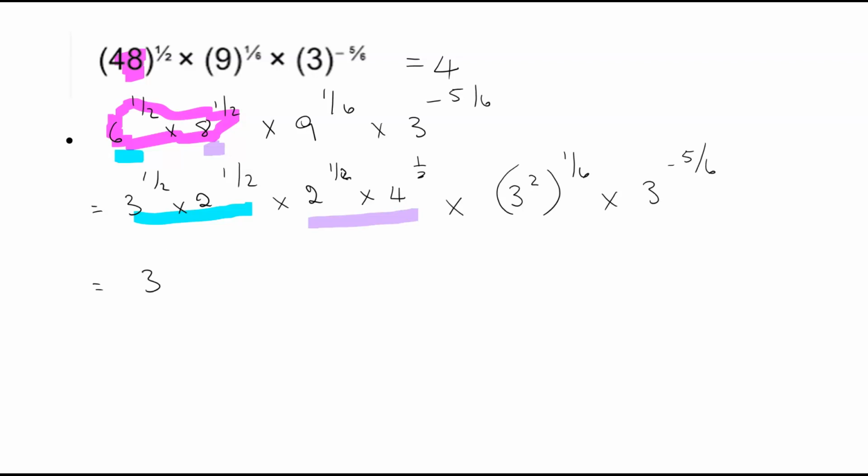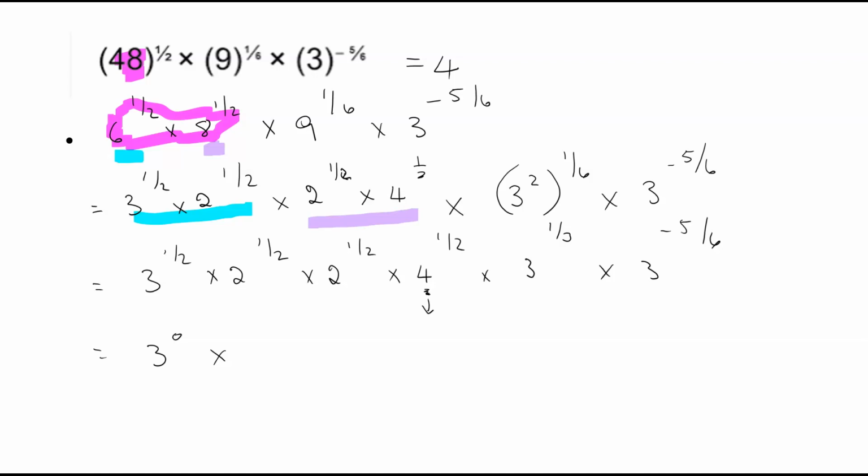So we've got 3 to the half times 2 to the half times 2 to the half times 4 to the half times 3 to the 2/6 to the third times 3 to the negative 5/6. If we add our powers of 3, we get 3 to the power of 0, and if we deal with that one as well and make that